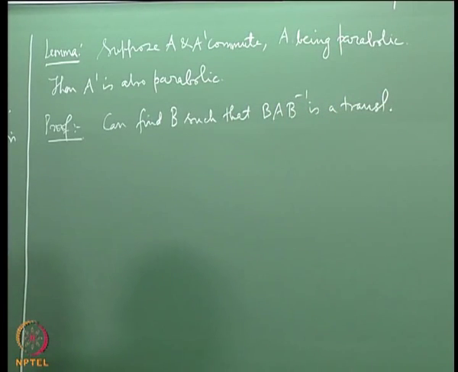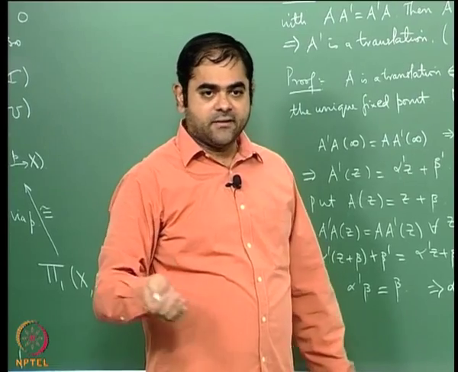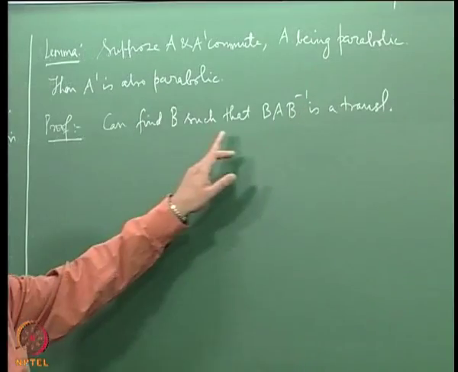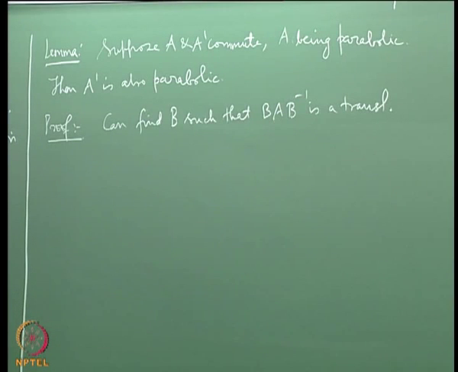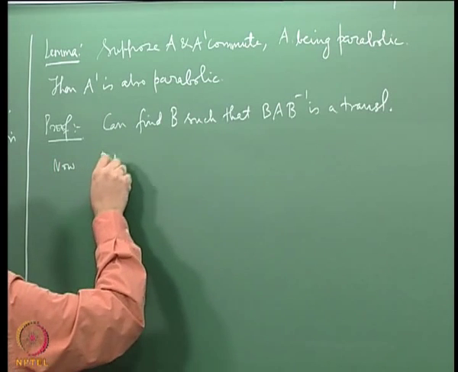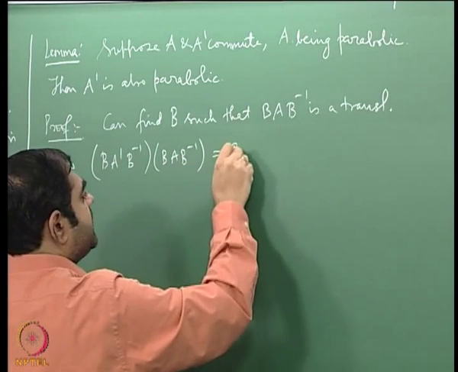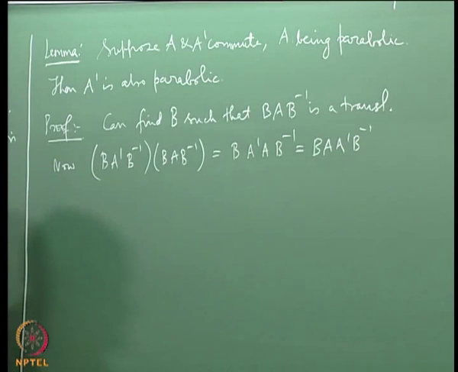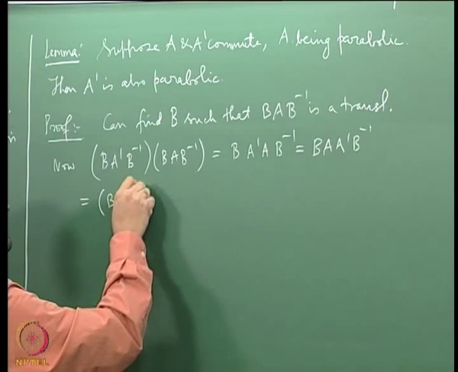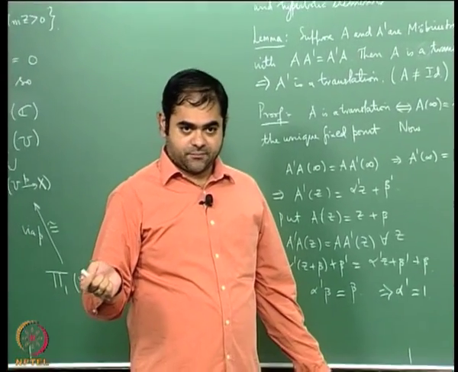okay. And again in all these cases, the case when one of the transformations is the identity transformation, I am not at all worried about that case because that is the uninteresting case, okay. So B A B inverse is a translation, so that means B A B inverse has unique fixed point infinity, it means a translation. Now you see B A prime B inverse times B A B inverse will be just B A prime A B inverse, but this is B A prime B inverse because A prime A is A prime, and then I can write it as B A B inverse B A prime B inverse. In other words, I am just saying that because A and A prime commute, so do their conjugates by B,